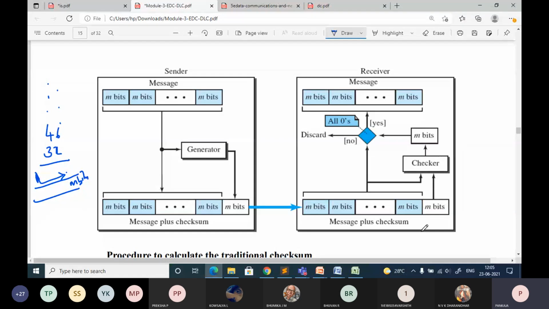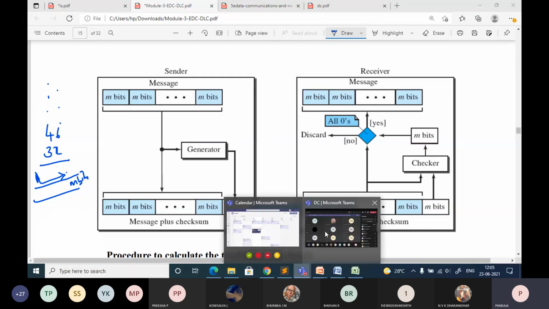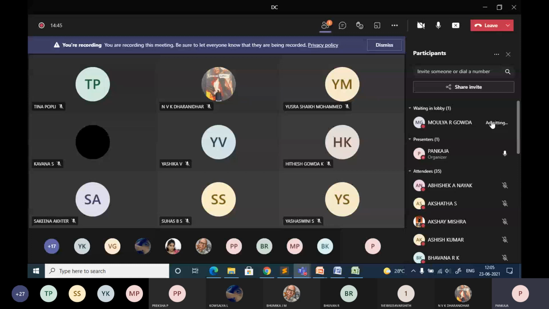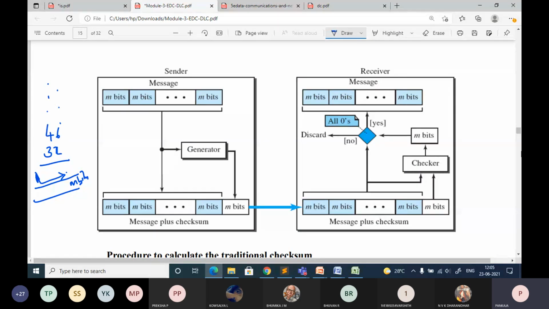The checker performs the sum of all the elements once again. Whatever was done at the generator, the same thing is done by the checker. It adds all the m-bit elements of the message and also these extra bits. You will get the sum as m bits again. Even if it exceeds m bits, you have to convert it into m bits. You will come to know how to do that.